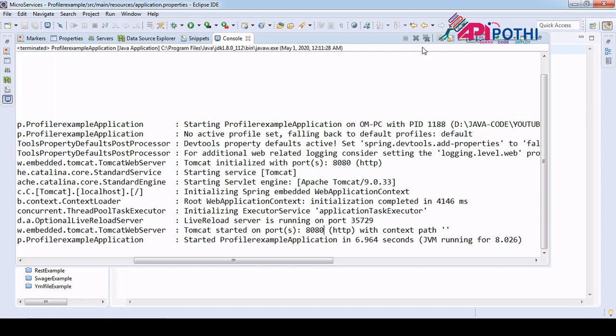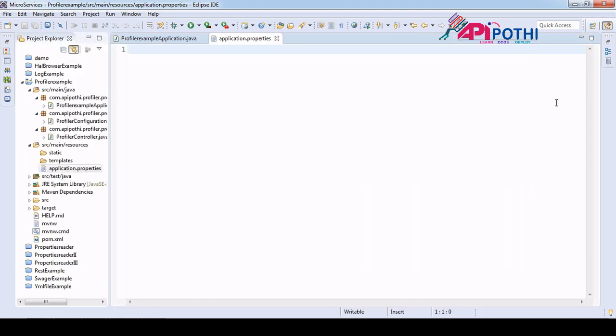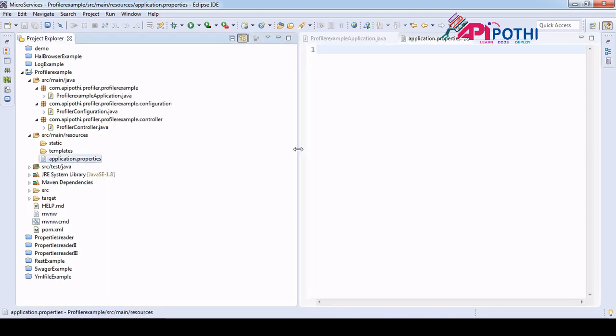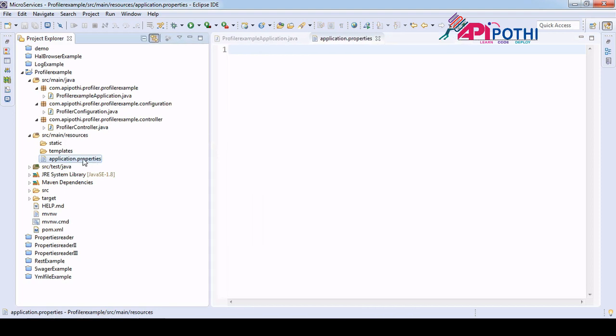So for now we are going to set up our different environments. For now it is already set as default. Now we are going to configure this one as dev. In order to configure dev, there is one syntax that has to be followed.